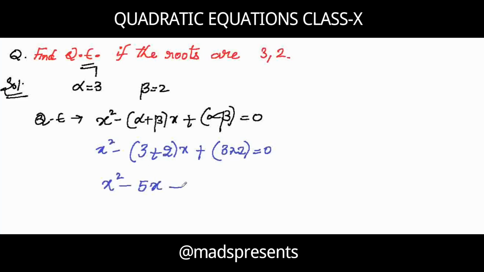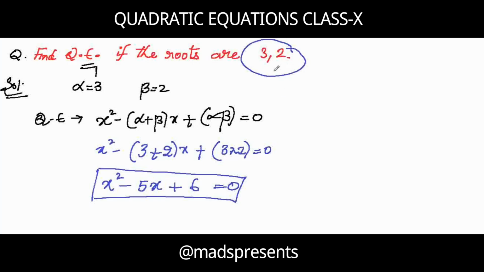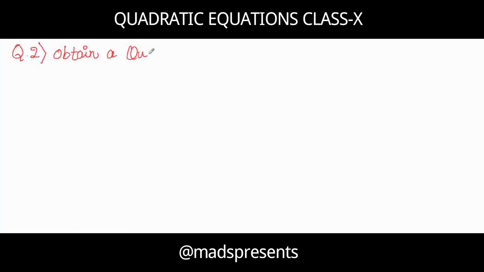It will become 5x plus 3 into 2 6, which is equal to 0. So we got the answer. Okay, so whenever they give roots, use this formula and put in the values, and you will get the answer quickly. Obtain a quadratic equation with roots